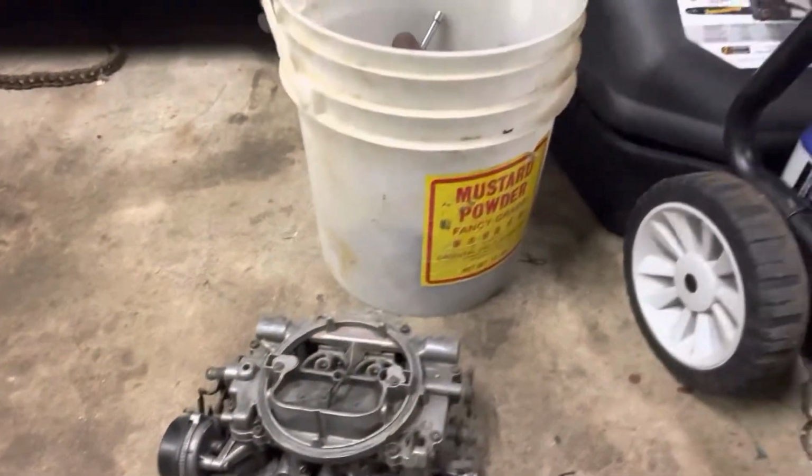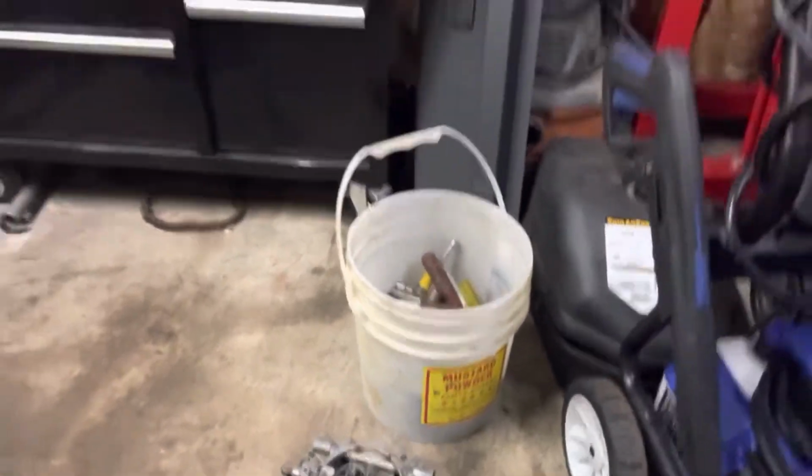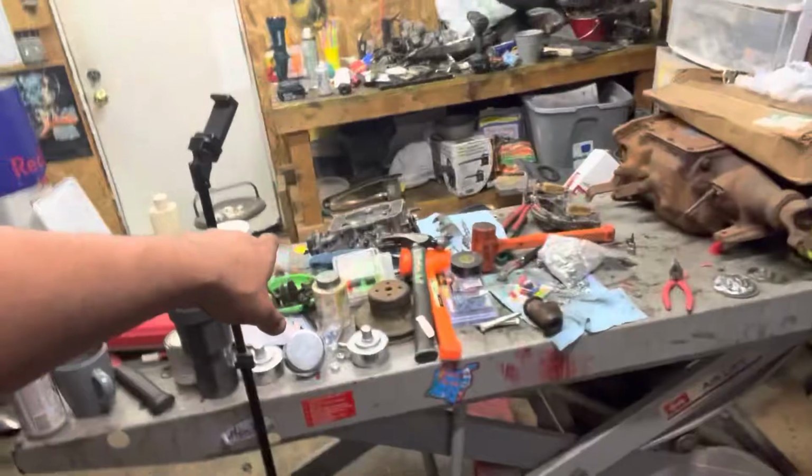Carter AFB. There are no, right here. $50 carb, and that works perfect. I know that. I had him run this over because I was going to steal the upper gasket out of this one to put into that one. $55 for gaskets? No, thank you. Tuning kit, $90 or $95? Fine. If I'm a cheap bastard and you hate me complaining about how much things cost, watch